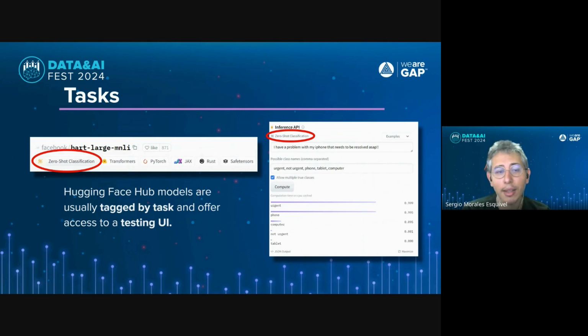And another cool thing that Hugging Face offers is that all of these models, or rather most of them, offer quick access to the inference API right on their project page. So here I've chosen a zero-shot classification model. And zero-shot refers to the fact that you don't really have to refine this model in order to make it classify between a finite number of categories. What you're going to do is, without providing any example, without providing any more data, give a fragment of text. In this case, it says, I have a problem with my iPhone that needs to be resolved